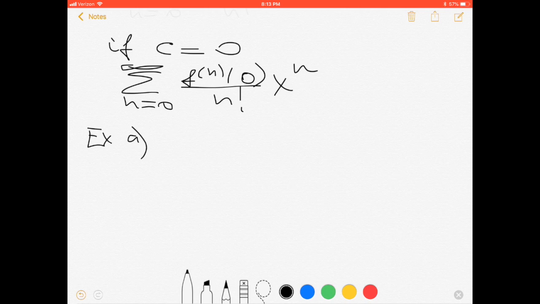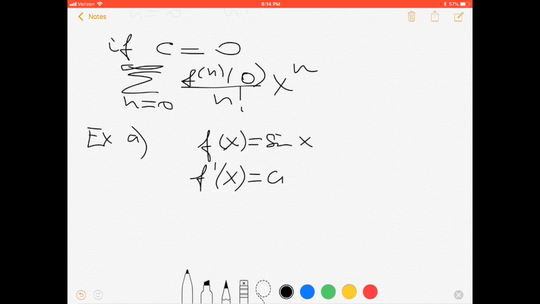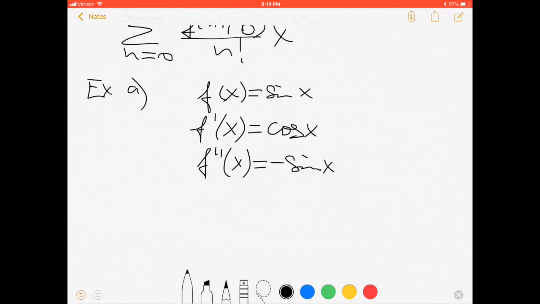Example A. Our function f(x) is sine x, and we try to build the Maclaurin series for this function. First derivative will be cosine x. Second derivative will be negative sine x. Third derivative will be negative cosine x. And fourth derivative will be